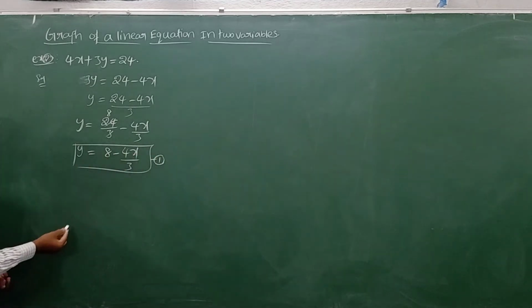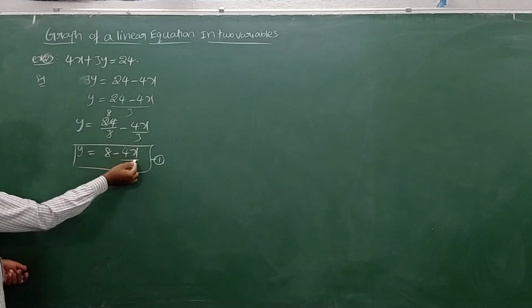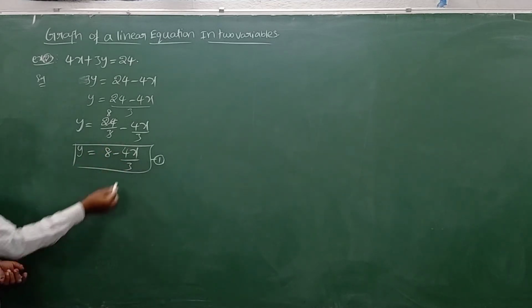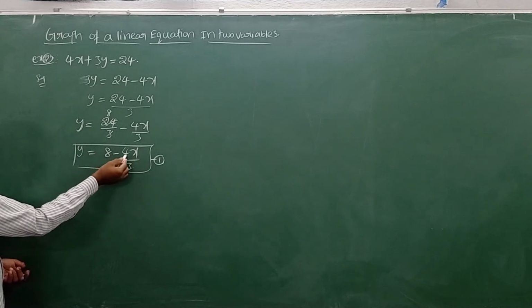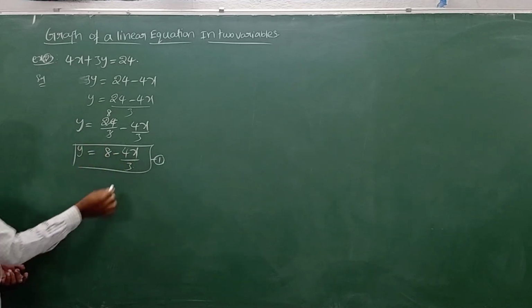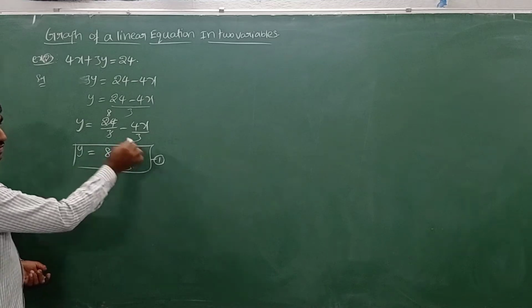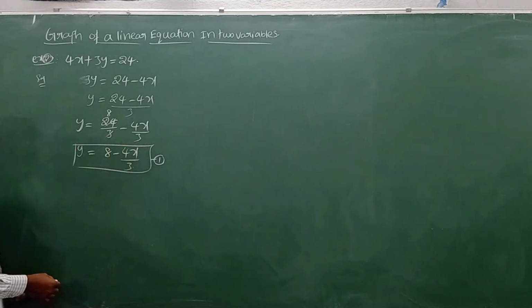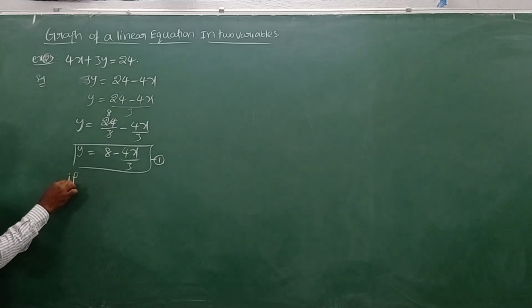Let me take x equal to 0: 4 into 0 is 0, 8 minus 0, 8. Or you can take x equal to 3. 3 and 3, you can see cancellation. We'll get 4, 8 minus 4. So you take the x value by simplifying that. After simplification, you should get an exact whole number. So let me take x is equal to 3.